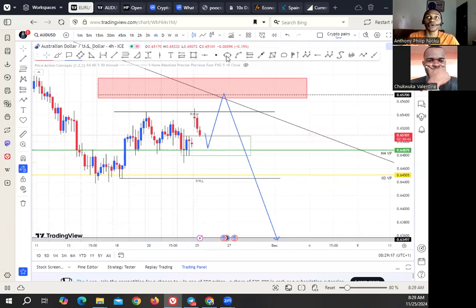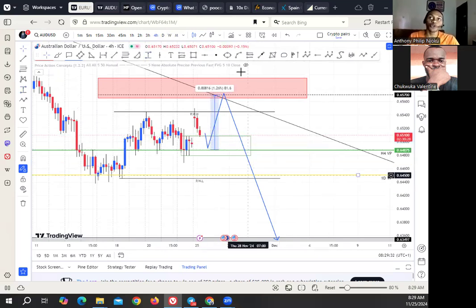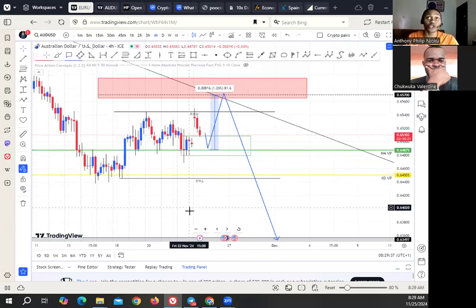Once you get a buy opportunity, the buy opportunity will be taken from the current demand zone up to this supply zone, which is around 79 pips or 80 pips. Okay, so if I take it from here, let's say it comes back to this, it's 80 pips. Okay, so once this is now completed, which we will know that we have completed the swing to the